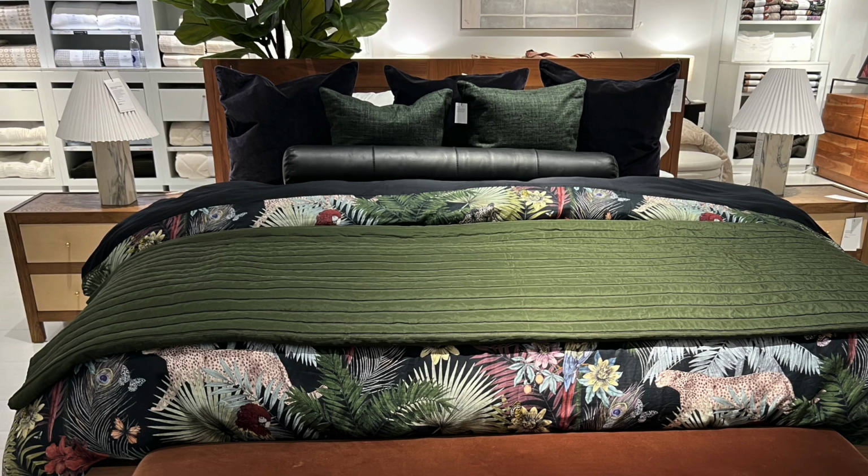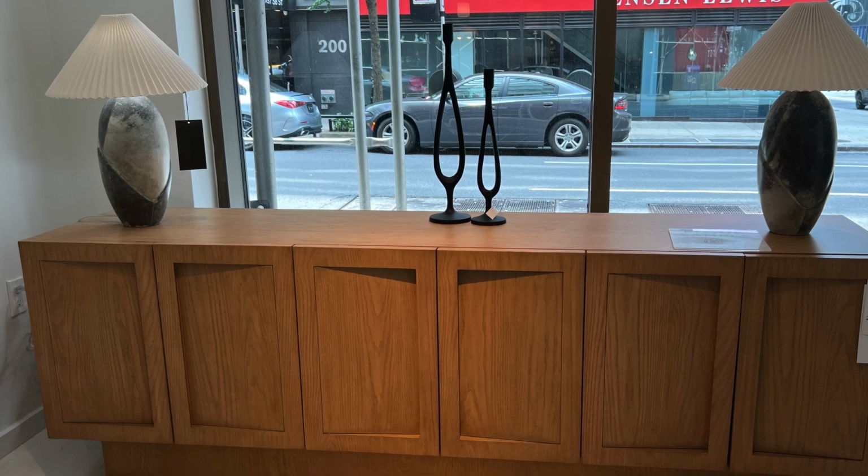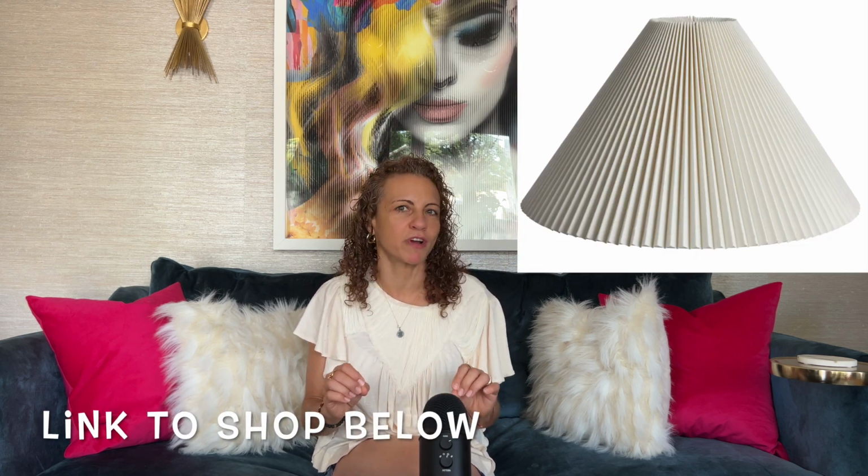And of course I have to mention the pleated shade trend. This version pairs a pleated shade with an organic wood sculptural base. If you already own table lamps and want a quick update, swapping in pleated shades is such an easy way to refresh the look. Statement lighting is the jewelry of your room, and CB2 nails it with bold yet refined